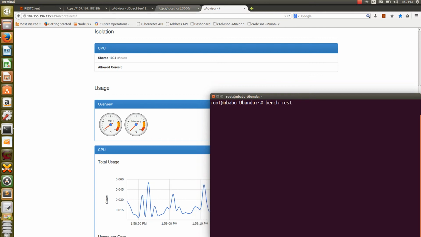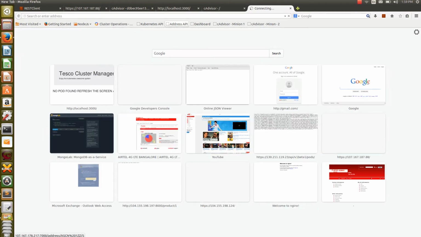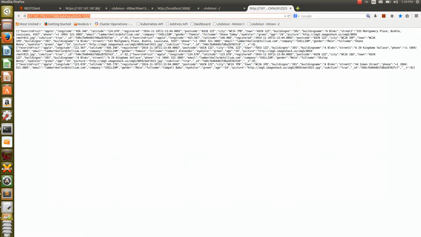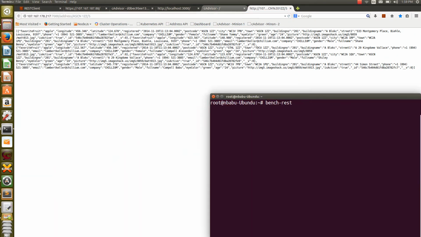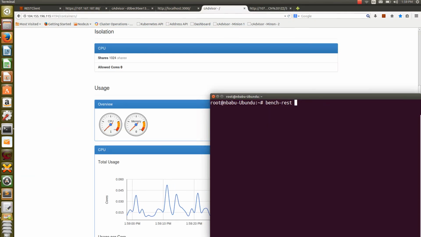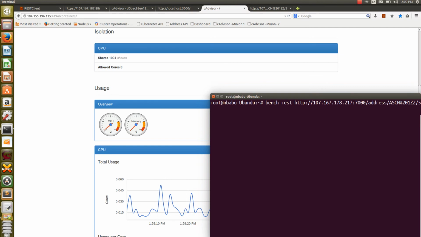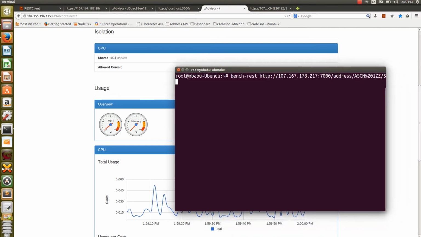I'm going to copy my API address, copy this one, switch back to the UI and replace it. Then I'm going to raise the call with -n 10,000 and concurrency of 100. So now you can see it's going to hit that.